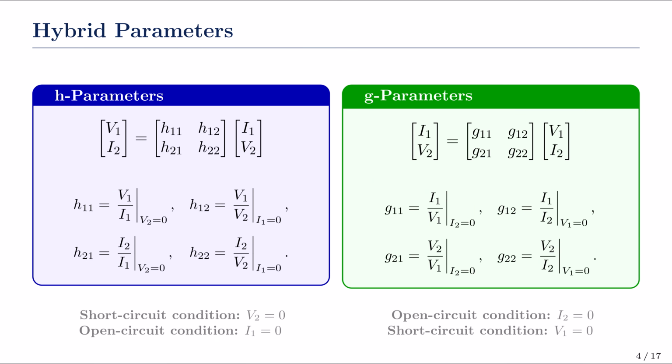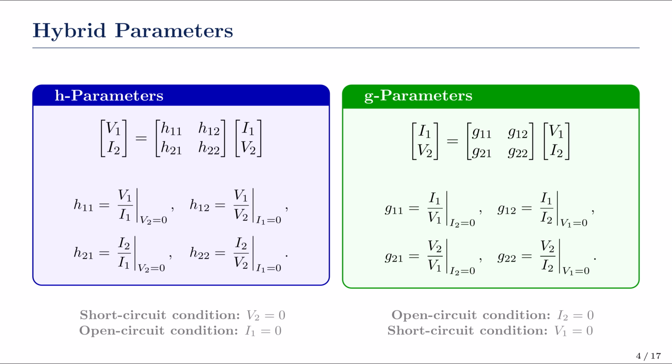The H parameters are defined by a 2x2 matrix equation. The first equation expresses V1 in terms of I1 and V2. The second expresses I2 in terms of I1 and V2. The four parameters are obtained from specific test conditions. The parameter H11 is the input impedance with port 2 short-circuited. The parameter H12 is the inverse voltage ratio with port 1 open-circuited. Similarly, H21 is the forward current ratio with port 2 short-circuited, and H22 is the output admittance with port 1